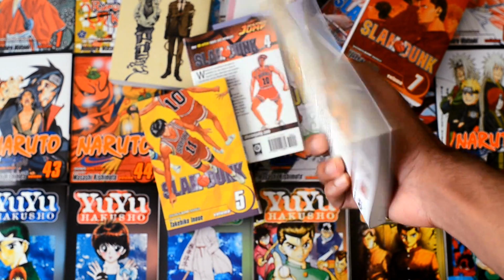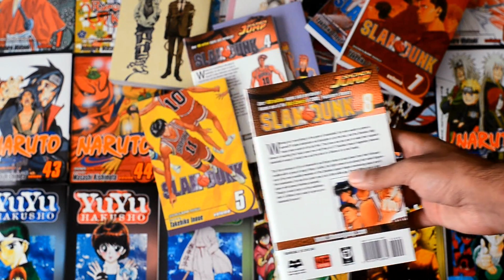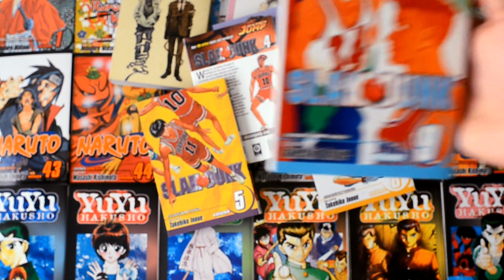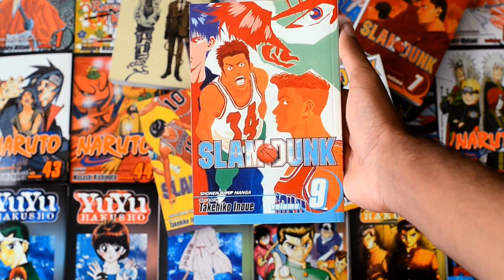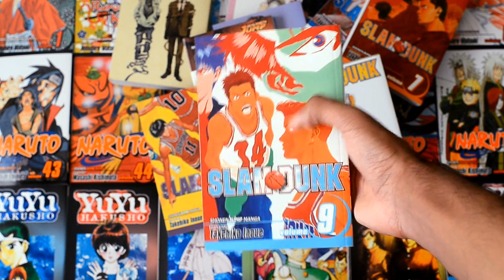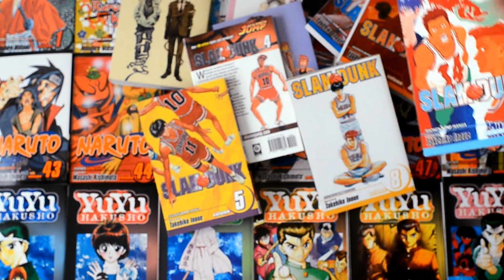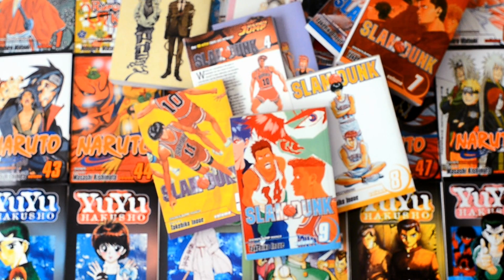Another series that this actually reminds me a lot of, and I guess really it should be the other way around, is Kuroko's Basketball, which I mentioned earlier. As it turns out, reading this series, I noticed a lot of similarities between this series and Kuroko's Basketball, which I guess makes sense. They're both basketball sports manga. I've only seen the anime for Kuroko and only read the manga for this, but there's obviously a very heavy influence from Takehiko Inoue on